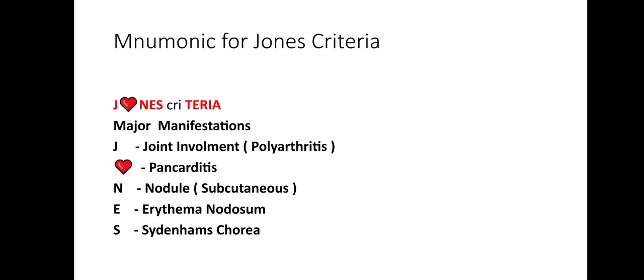The major manifestations can be remembered with the mnemonic JONES. The J in Jones represents joint involvement, which is polyarthritis, a condition involving inflammation of multiple joints. The O is considered as heart, so the involvement of the heart with carditis is one of the major manifestations. N represents the nodule, which is subcutaneous type, and E represents erythema marginatum, and